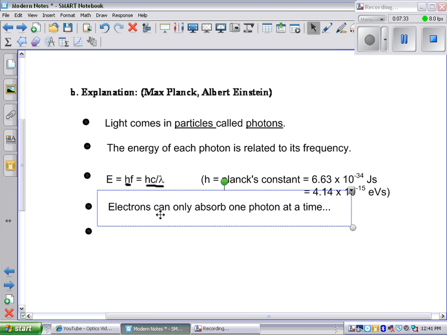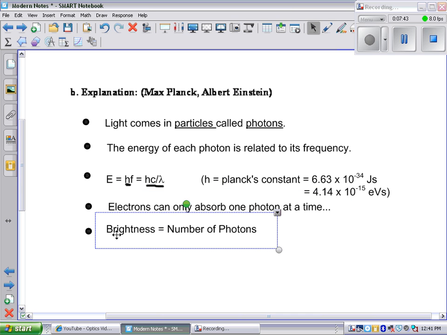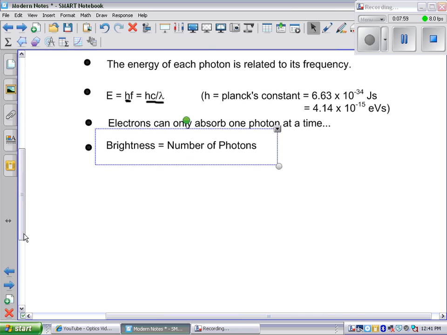Okay, now, here is where it starts to explain the photoelectric effect. Electrons can only absorb one photon at a time. And the brightness of it is equal to the number of photons. Okay, so now we have to start thinking about this. Light is no longer a wave, it's a particle. Brightness is no longer amplitude, it's number of particles or number of photons. I'm going to draw a sketch down here to explain why this works,